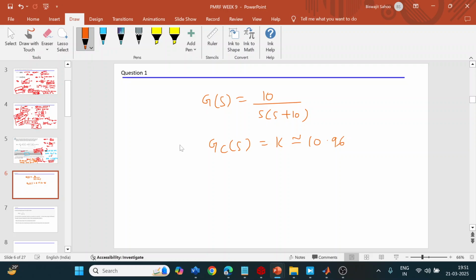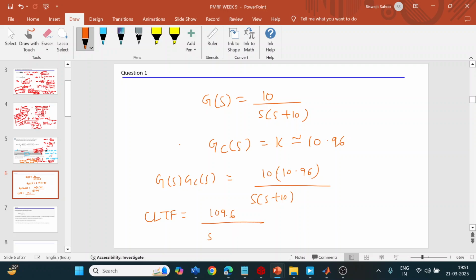Okay, you got this value. Now what is the total plant transfer function? G of s into Gc of s. So it will be 10 into 10.96, you multiply these two values, divided by s into s plus 10. Now you find out the closed loop transfer function. The closed loop transfer function for a unity feedback system, let's say 10.96 into 10 is 109.6, divided by s square plus 10s plus